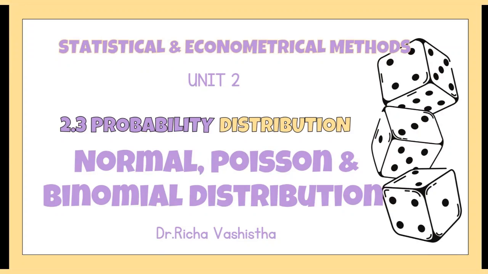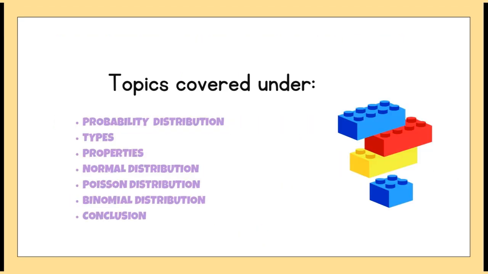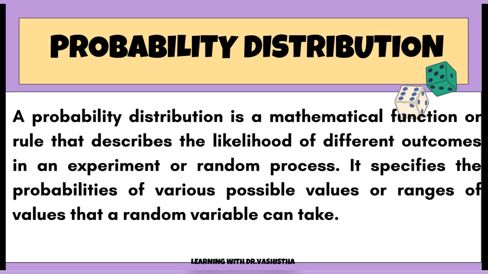So we are starting with another topic, which is normal, Poisson and binomial distribution under the probability distribution. So here's the flow. So what is probability distribution? See, probability distribution gives the possibility of each outcome of any random experiment or event as it provides the probability of different possible occurrences. If we recall, we studied earlier what is probability, then it's a measure of uncertainty